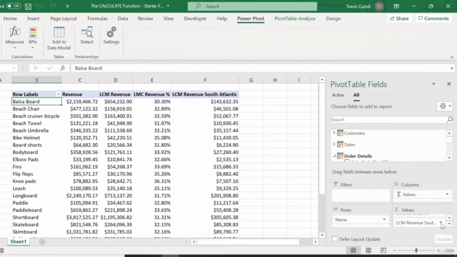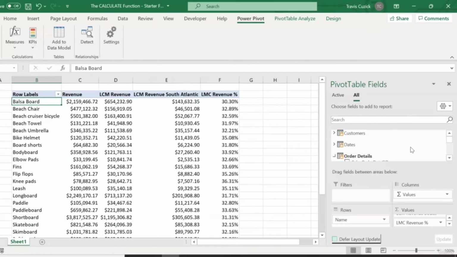And now if I move that measure up 1 in our pivot table, just so we can see it side by side with our overall loyalty club member revenue, you'll see that the number is substantially less, about what we'd expect for revenue from one region versus all regions combined. So I hope at this point you have some appreciation for just how much control over your calculations the calculate function gives us. And while we've only explored using it in the context of a single measure, that being revenue, we could actually have used any of the measures that we've created thus far or defined our own right there